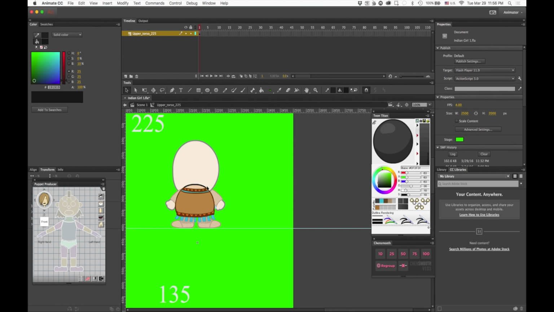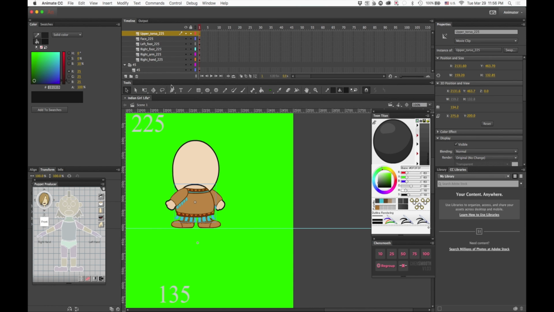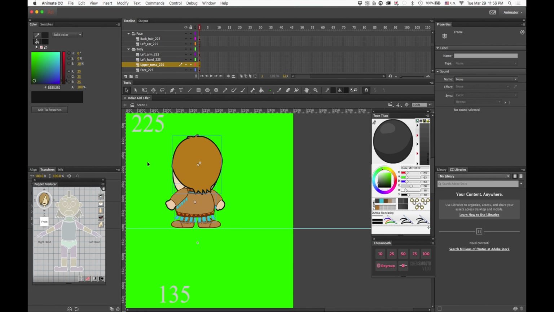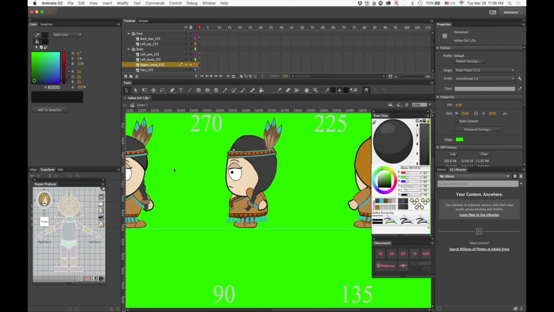But with this simplistic design, I really don't see a need to draw unnecessary curves when it will rotate and look just fine in application. So I'm not going to do anything else with the upper torso angle. I'm just going to go out of that one, bring back the hair, go back to the 180,